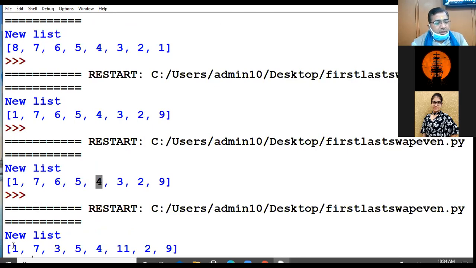See here, 1 and 9 are fixed. Beta, see the LCD carefully. 3 and 11 are also fixed. Neither 1 and 9 shifted nor 3 and 11 shifted, because both pairs are odd.